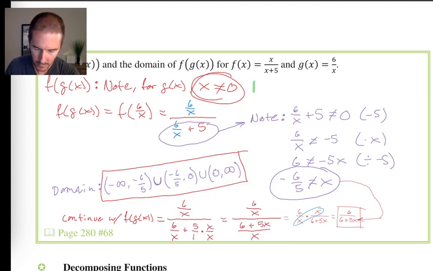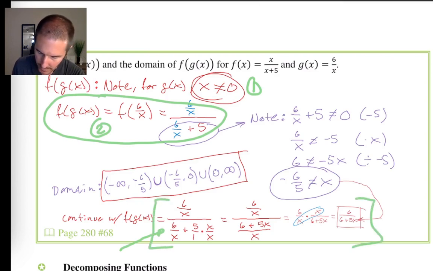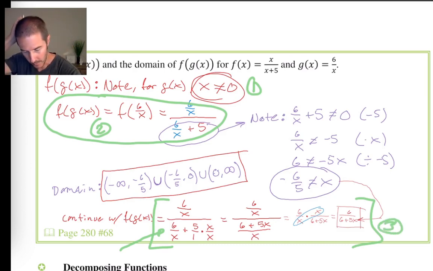I would write this down first, this line, and then I would write this stuff second, and then I would cut to here with an equal sign still, and I would write all of this stuff down third, and then I'd come back and start looking at the domain. And since you have to build f of g of x for this question anyway, you could then start your inspection of the domain